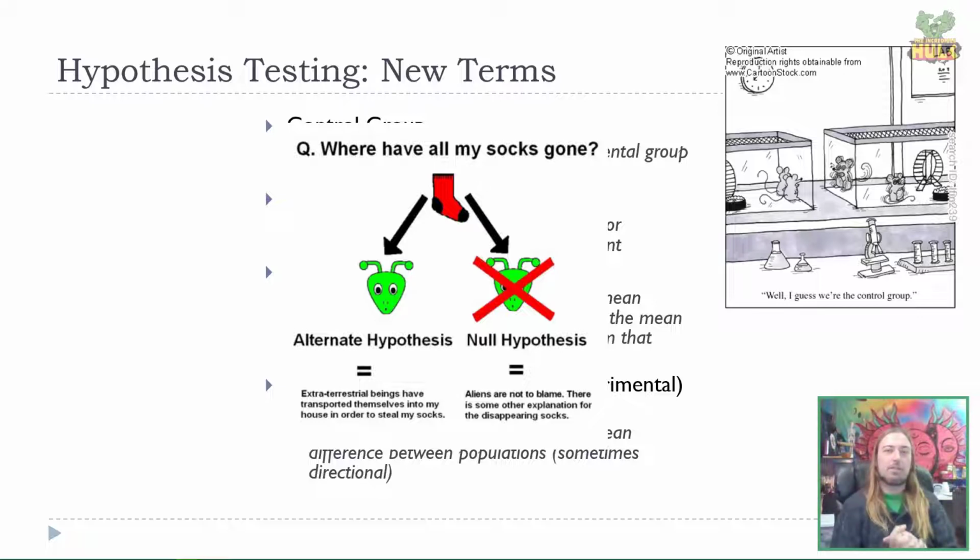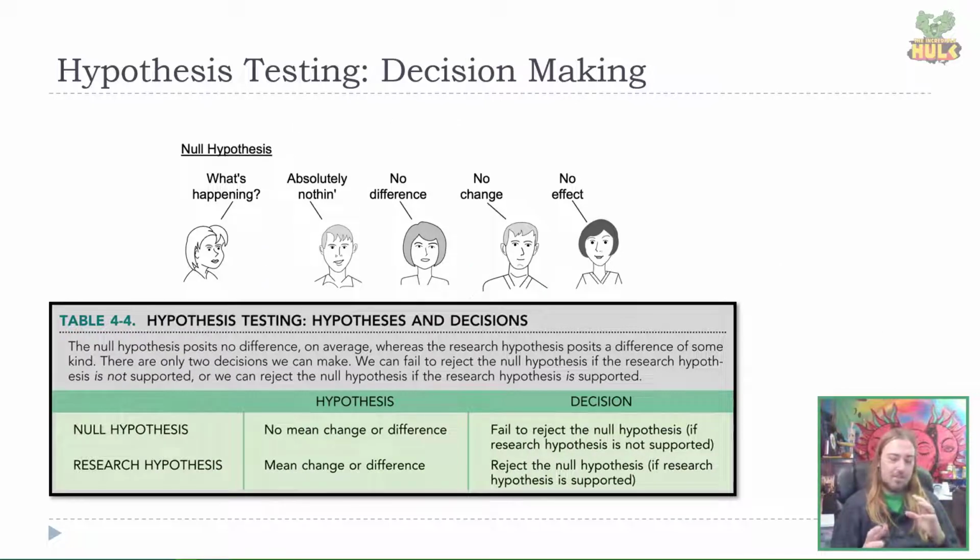So now what we have to do as researchers is test the null hypothesis. Can we find any evidence that something else could be to blame for the disappearing socks? Well, as it turns out, no, we can't. So we have to reject the null hypothesis and tentatively conclude that aliens are stealing all of our left socks. That is, with the joking part aside, the essential